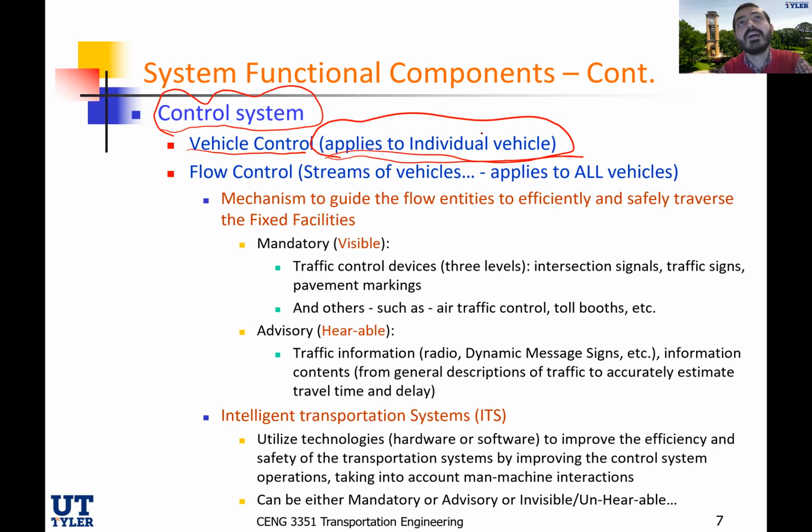Some articles I've read recently were saying that in the future, if it's autonomous vehicles, for example, we don't need to have traffic signals. Why? Because all the vehicles are going to be talking to each other, and therefore they will synchronize, and there's no need for a traffic signal. Every vehicle is going to know when it's its turn to move or to stop.